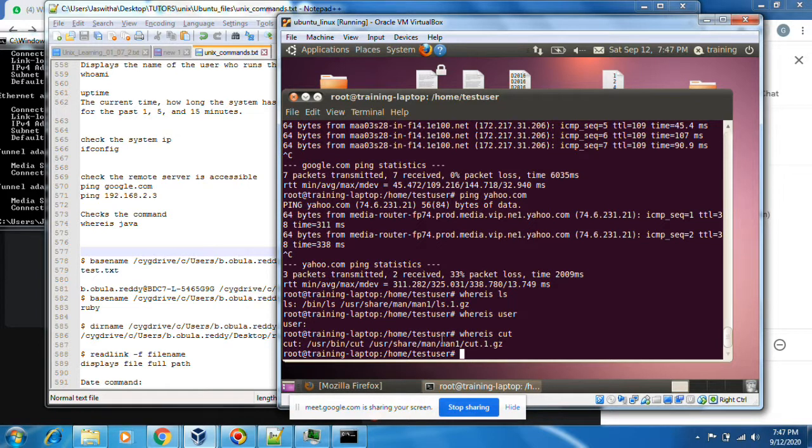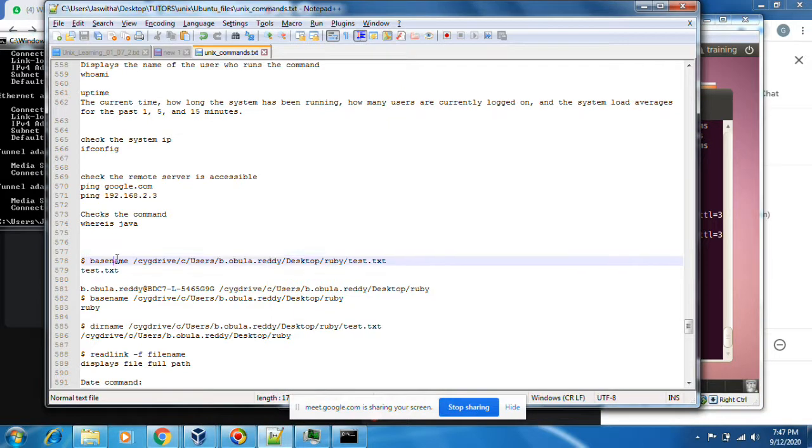Okay, the next command is basename. This is the full path.